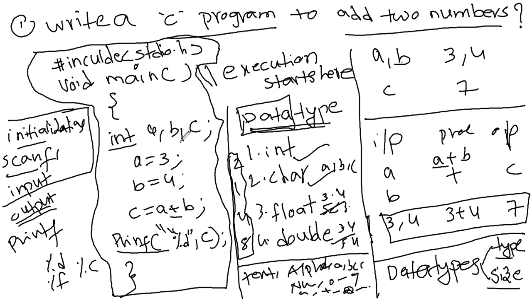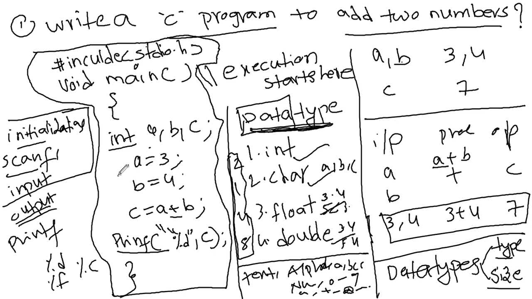To understand the machine, we have the data types. So we need to use int, char, float or double. Int is for numericals, float is for decimals, char is for alphabets or special characters, double is for decimals. Data types tell us the size and the type. Here the size will be integer 2 bytes, char 1 byte, float 4 bytes, double 8 bytes. So here I am taking integer values, so I am using int a comma b comma c.